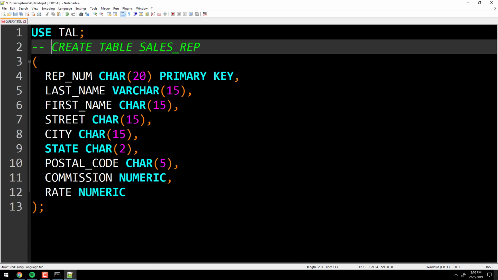Double dash and a space comments the line out. So in this particular case, what we're going to have to do is, if you're using Notepad++,